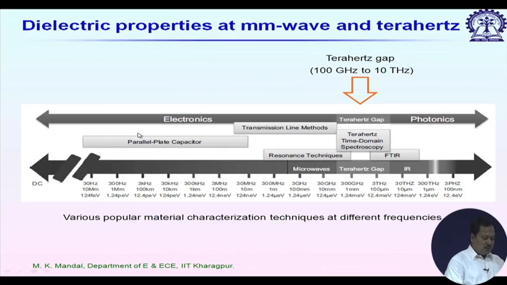So, in the next part we will see what the different material properties are at millimeter wave frequencies, and not only that, even at terahertz frequencies. Sometimes we use the same materials for microwave frequency circuit design as well as for millimeter wave frequency design. But since we already know that dielectric constant is a function of frequency, how does this material behave at millimeter wave or sub millimeter wave frequencies?